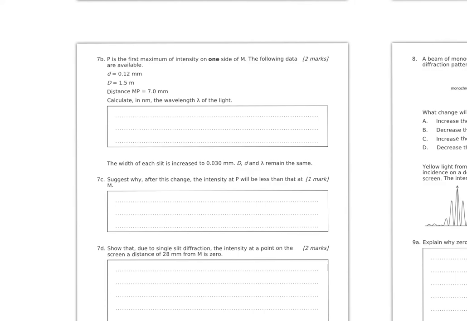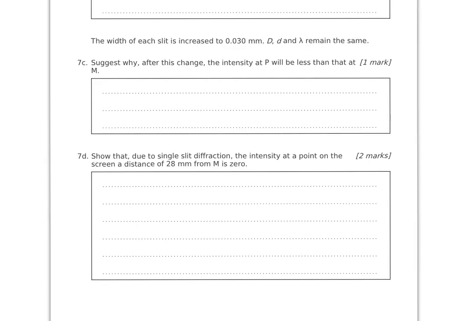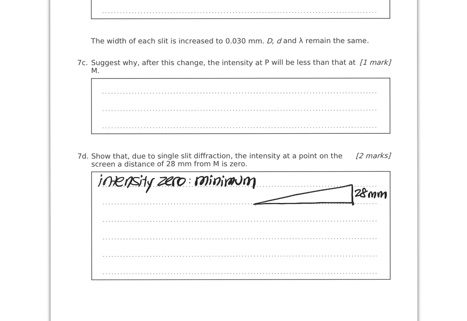So, they make reference to the point P, kind of right there. But an intensity of 0 means that that is a minimum. So that's kind of like what they're saying. If this was the slit over here, and that's the center line, M being right there, 28 millimeters away, that would be the center of the first minimum, and so the formula for single slit, that angle is